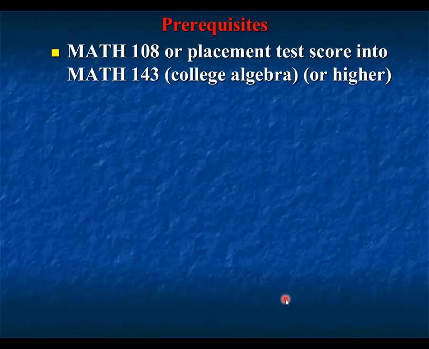Let's look at some of the prerequisites for the course. You should have the equivalent of Math 108 or placement test scores on the Compass or SAT into Math 143, which is college algebra or higher. So if you do not have that background where you're really comfortable solving for algebraic variables, you might find some parts of this course quite challenging, because we will use different